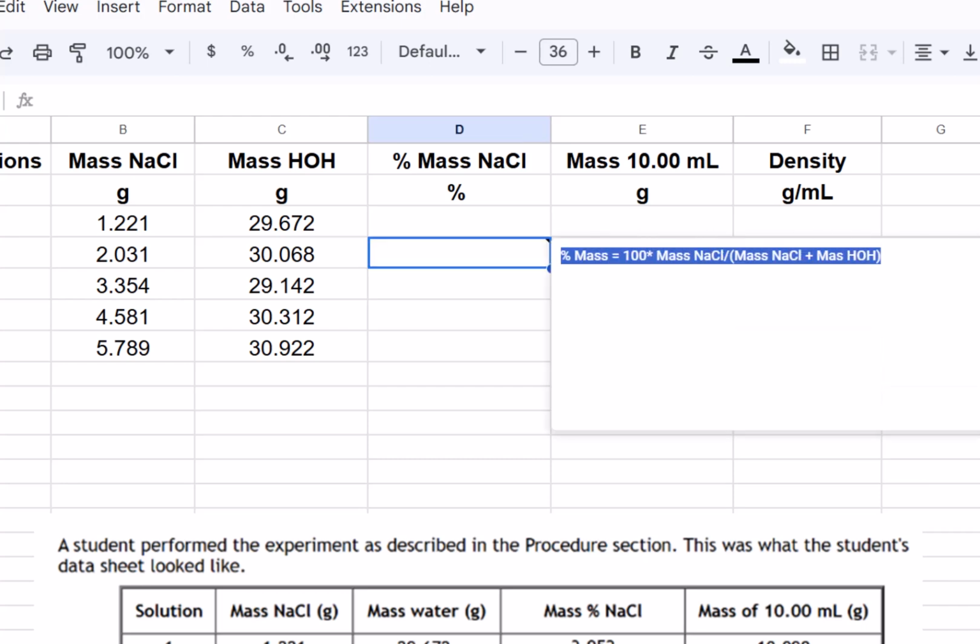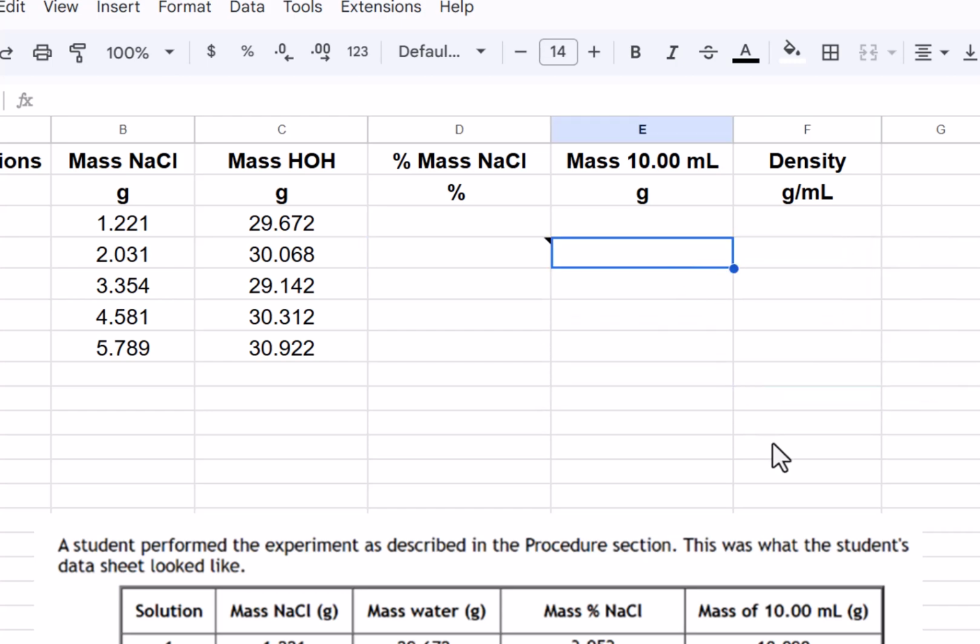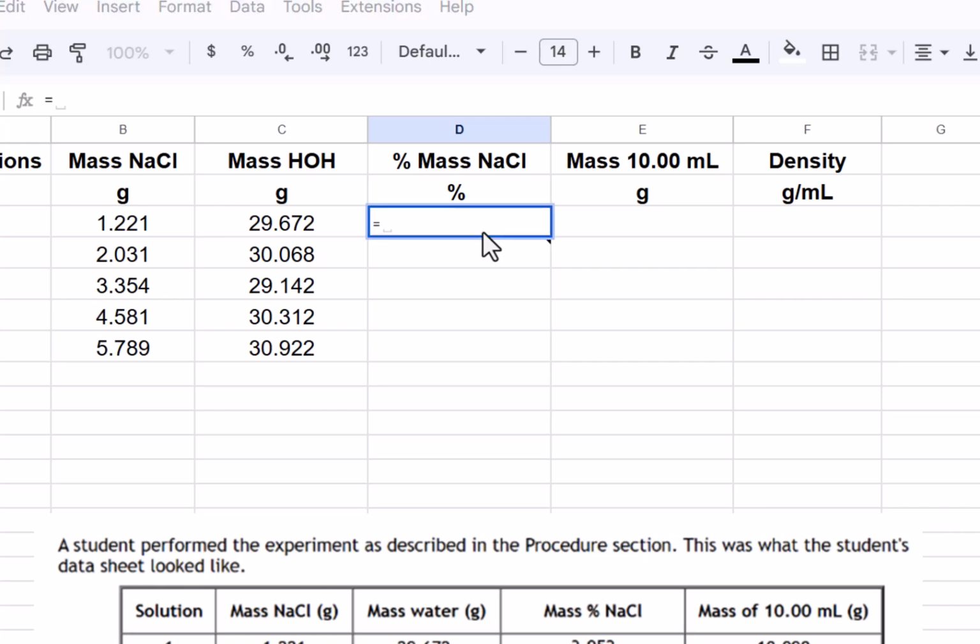Okay. So let me go there. I wouldn't make that larger, but it didn't quite work. All right, so that's out of the way now. All right, so we're going to put that in right here. So we begin formulas with the equal sign. So equal, multiply by 100, asterisk for multiplication, left parentheses. Mass of NaCl, I can type in the cell number, which is B3, or just click there. Let's see, actually,